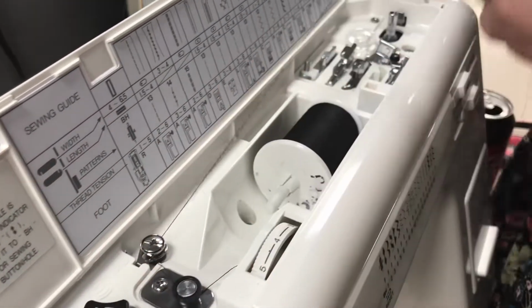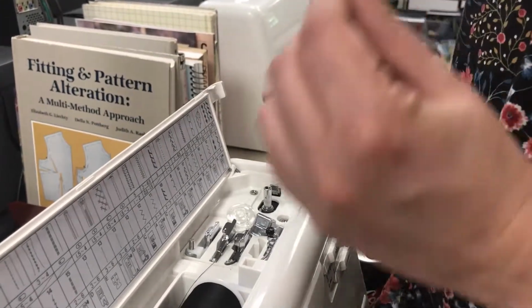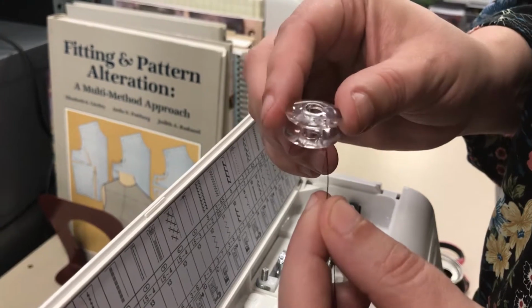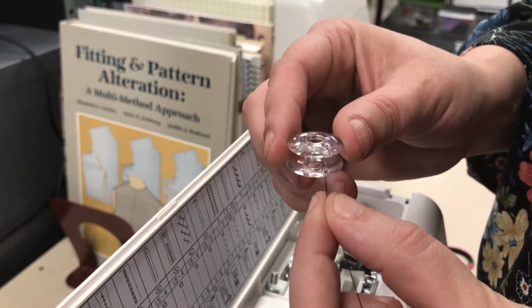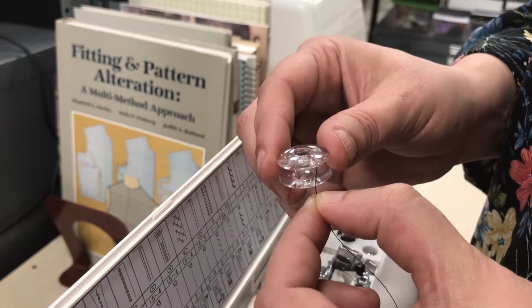Once you've done that, you should have a big piece of thread coming off to this side. Go ahead and clip it if you need to get it down to a useful length. Then come over here and take your little plastic bobbin, and if you look close you can see that there's a hole right there. So this is my trick. Take your thread, and this sometimes takes a minute when you're old like me and your eyes don't work, but if you can get your thread to come up through that little hole, it's going to make your bobbin winding